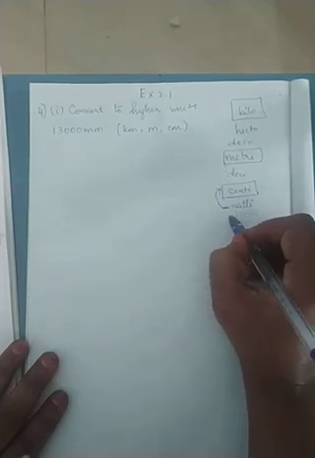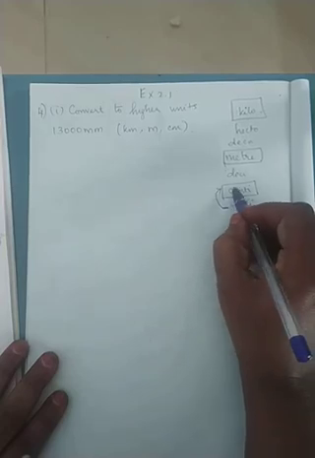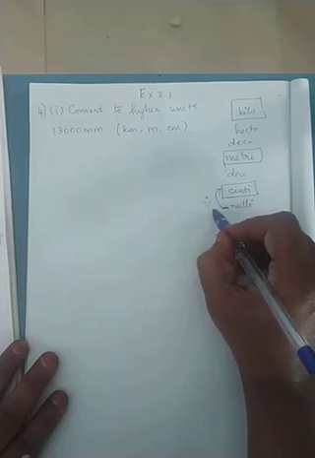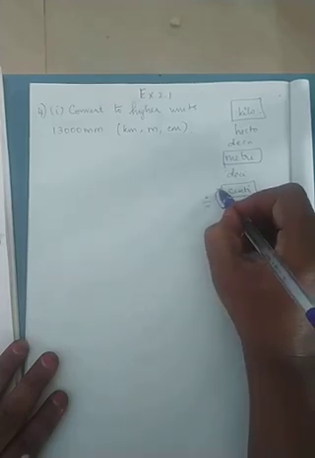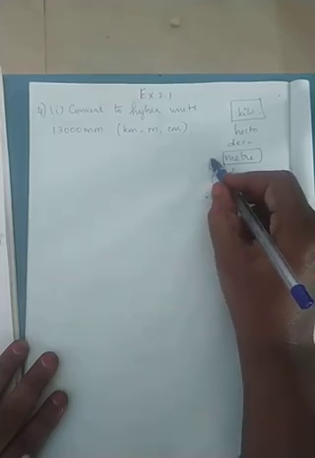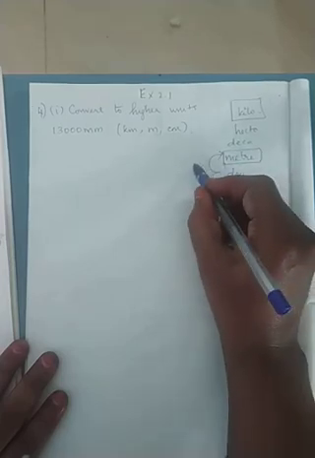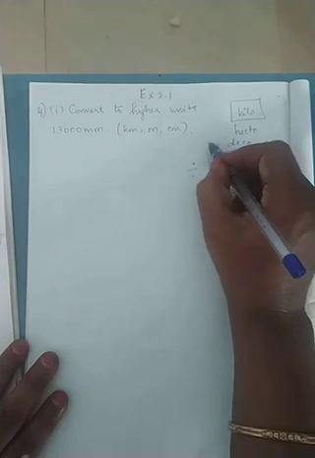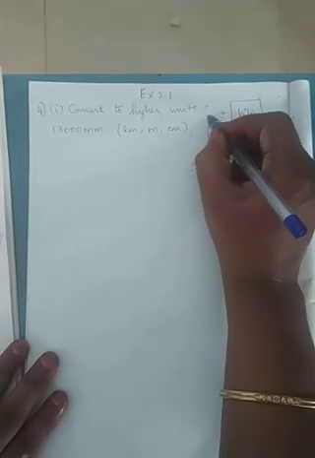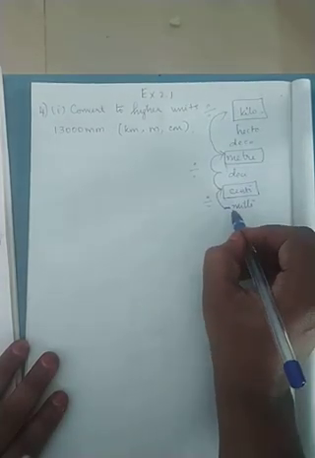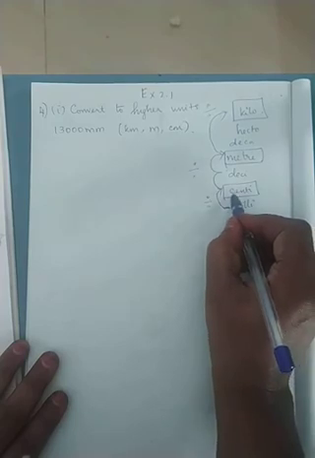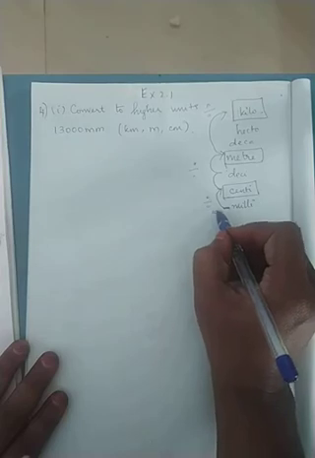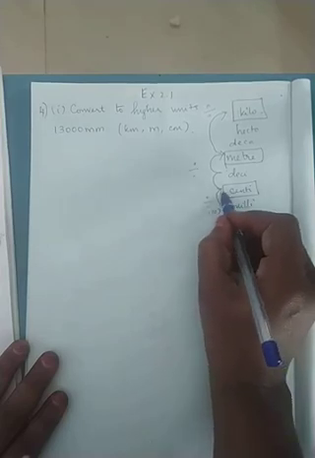Down to up, climbing stairs is always difficult, so we are going to divide. So this is division, then one step, then the third step. This is division, and from here also this is division. Now you have to first convert millimeter to centimeter. So you have to divide by 10, because this is only one step.